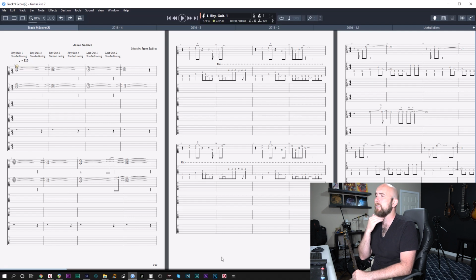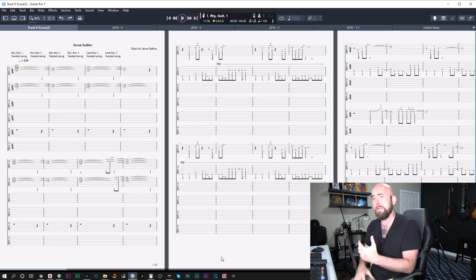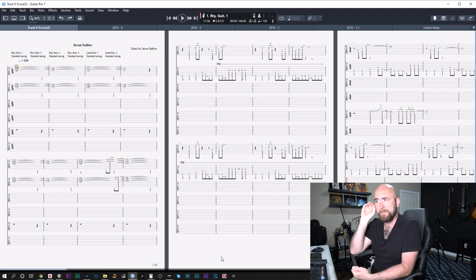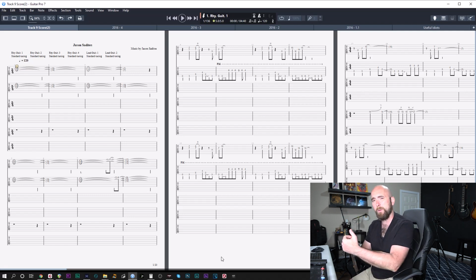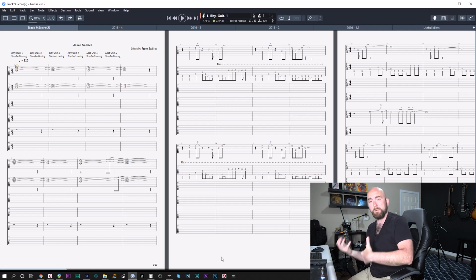From years of teaching guitar, I've become fairly proficient at sight reading tab and being able to write it out. And I really encourage people to get better at that. It's a really great tool to have in our back pocket for composing. And I find sometimes when we understand things visually, musically like that, it can help us to go different places with our composition as well, which is kind of helpful. But it's more also about recalling old ideas, right? So if I want to come back and do a playthrough video, or if I want to revisit a song,